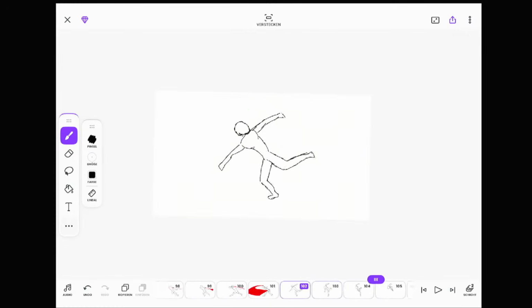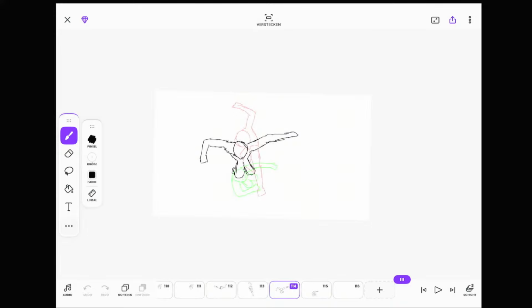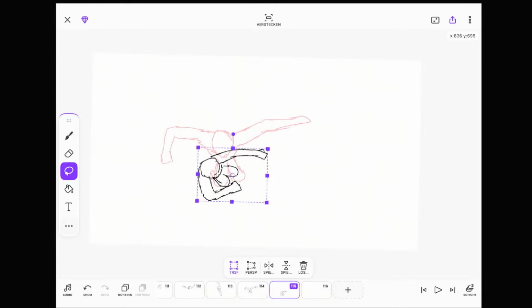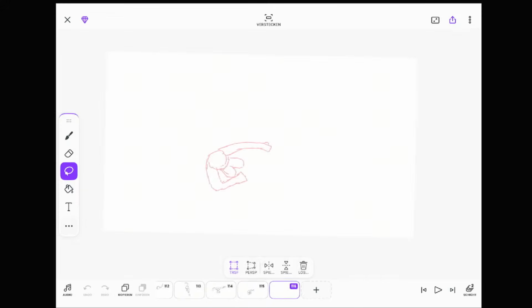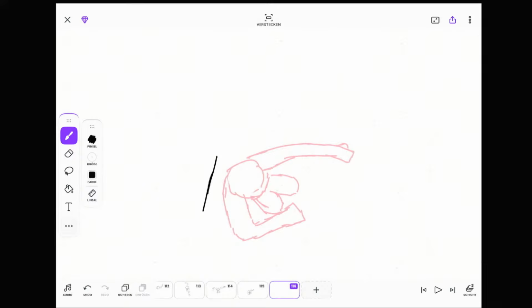Okay, when he's on the ground and now drawing a keyframe that's far away from the frame before, but later on it will work, I hope.